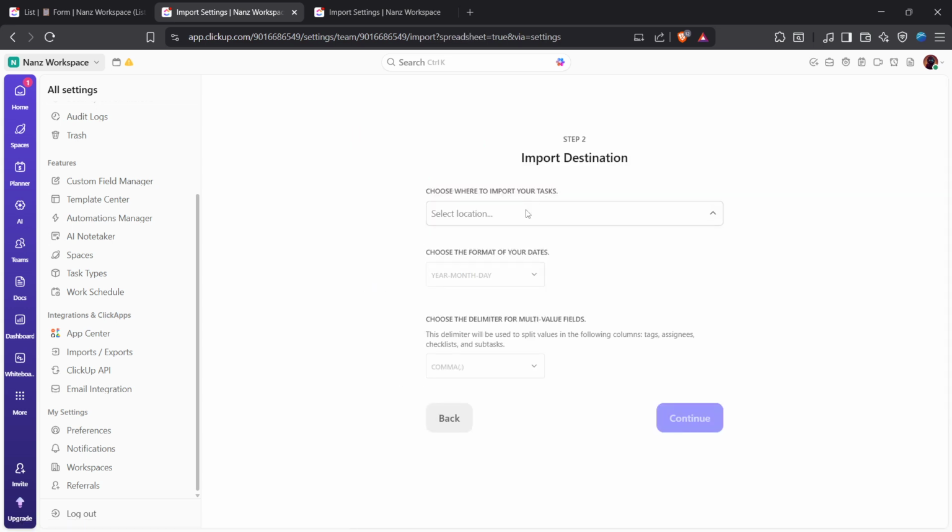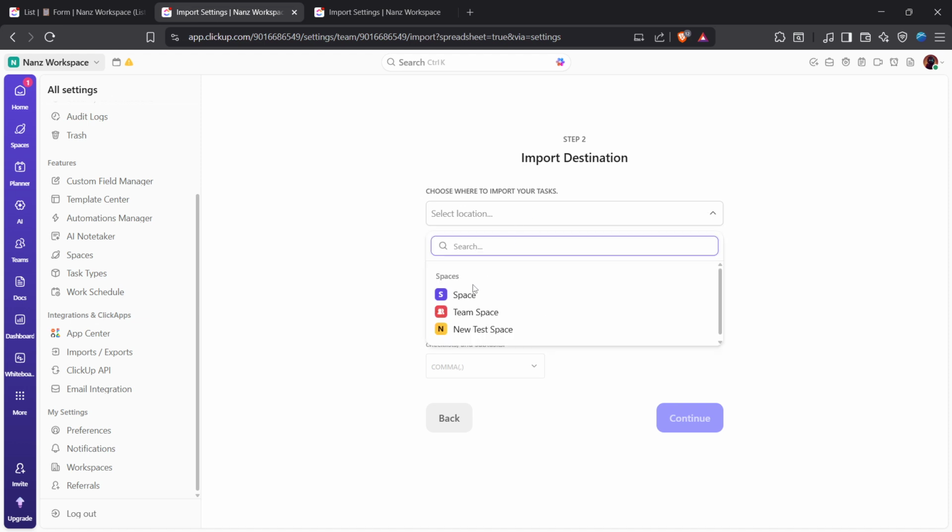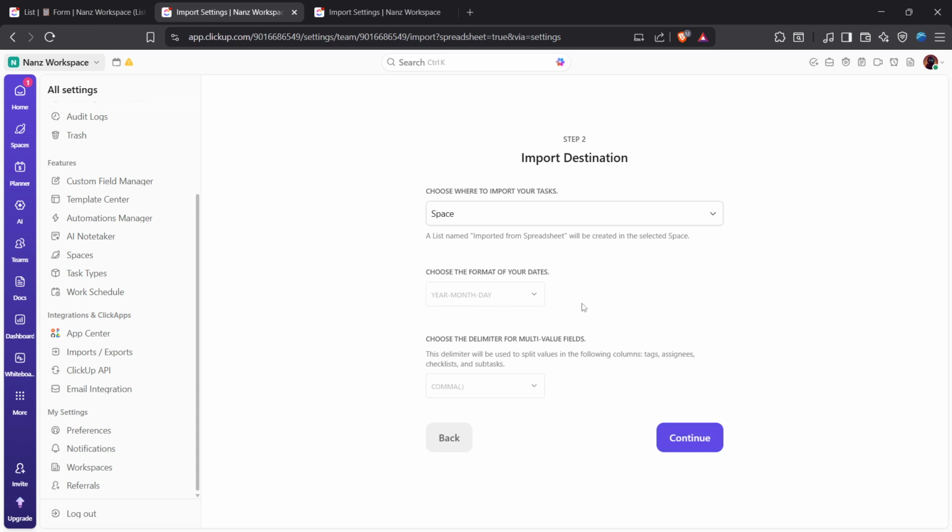Now choose where you want these tasks to live. Pick the exact location in your workspace hierarchy, typically down to the list level. Being specific here prevents clutter and helps you keep reporting and automations accurate. If you organize work by space, folder, and list, make sure you place the tasks where your team expects to